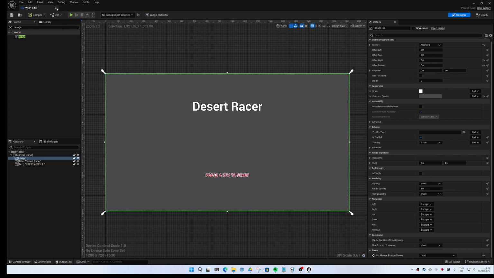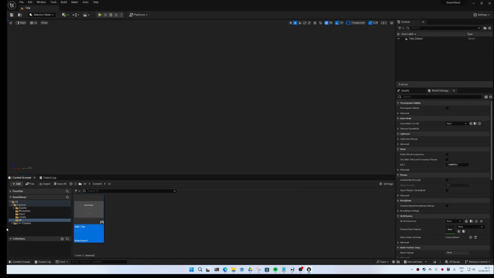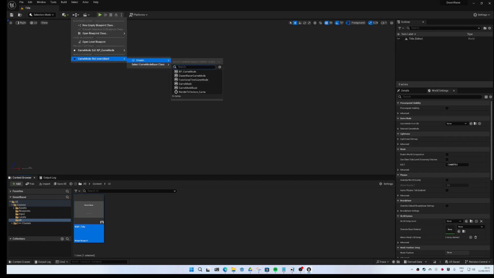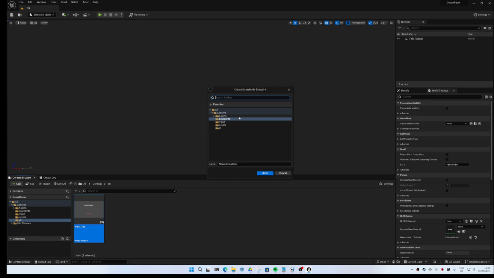So how do we use this? Simply, now we have the level and we have the UI. So what we need now is a game mode. And in the level, what we want to do is override the game mode. So create a new game mode. And we create that game mode base. And we'll just put it in blueprints. And it'll be BP title game mode. Set that to